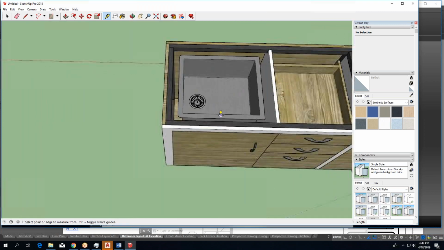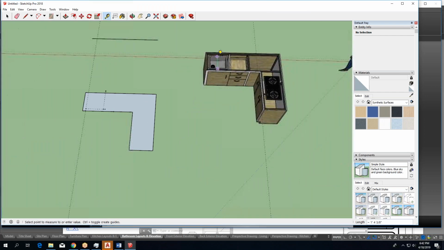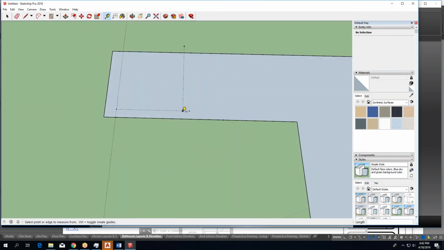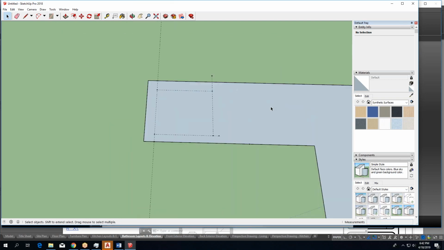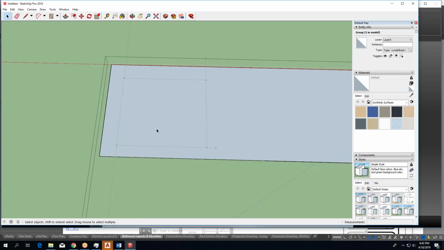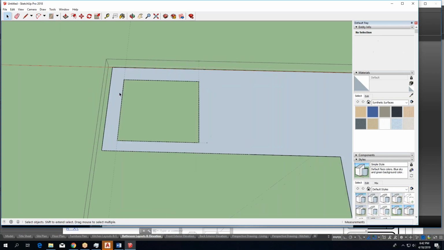And then how tall is it? We're going to go like this and say 1 foot 5 7/16. So from here we say 1 foot 5 7/16 inch and come over. Okay, so now I have guides. Come in here and I could take my rectangle tool on here and do that and delete that out